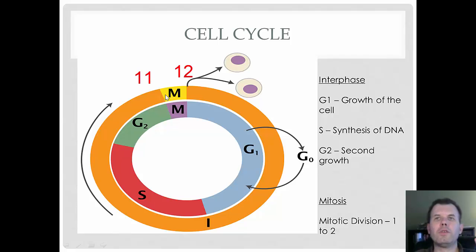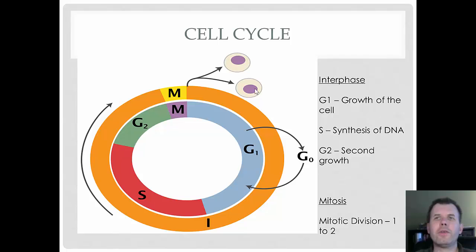And when you get to 11 o'clock to midnight, this small little phase is called mitosis. And mitosis is where you actually go from one cell to two. And that is the mitotic phase. And we're going to talk about that in the next lecture that accompanies this. I really want to spend some time just on mitosis, so make sure you watch that video to understand the process of mitosis. I'll briefly mention it here, but go in more detail in mitosis itself.